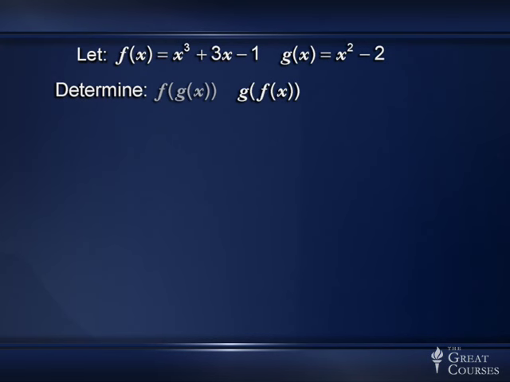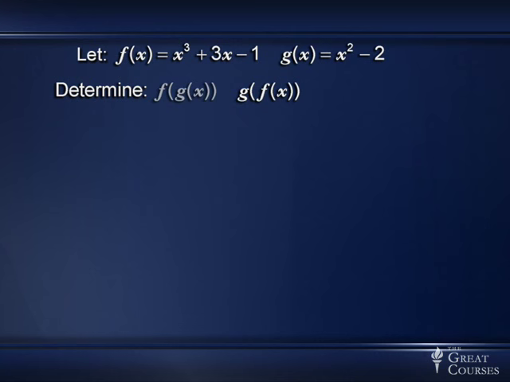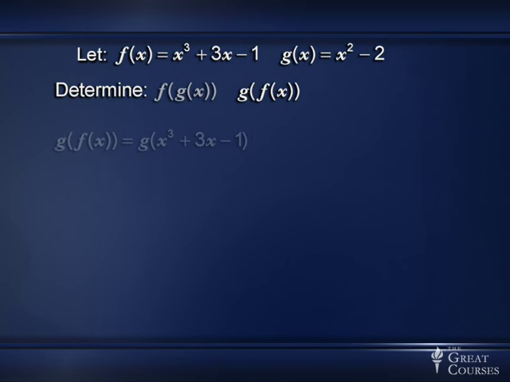And now let's do the composition in reverse order. Let's find g of f of x when f of x is x cubed plus 3x minus 1 and g of x is x squared minus 2. So g of f of x now takes f and plugs it into g, which means I want g of